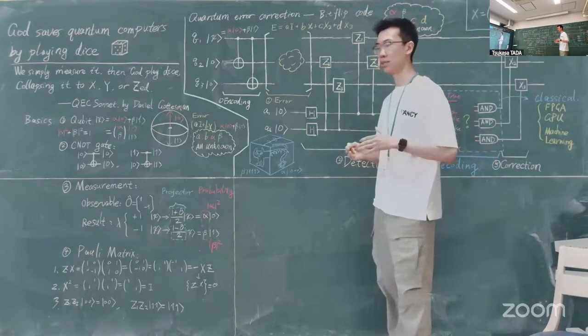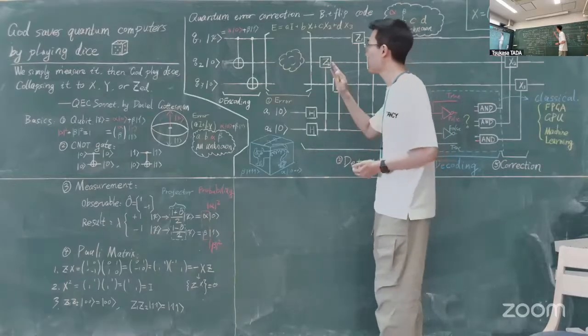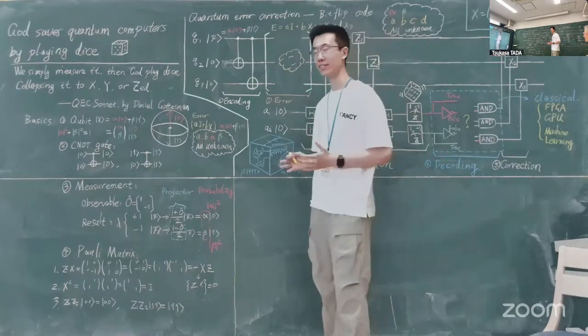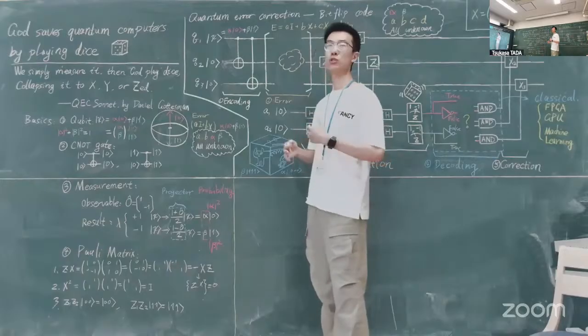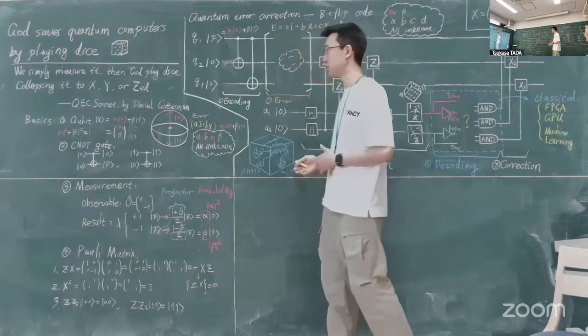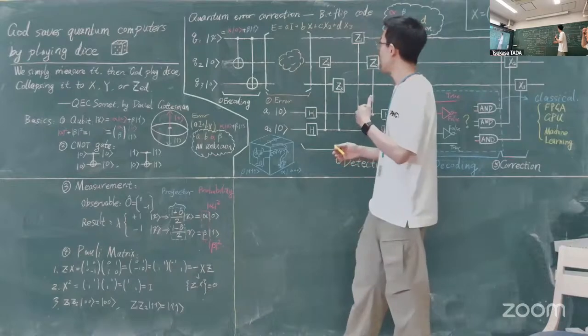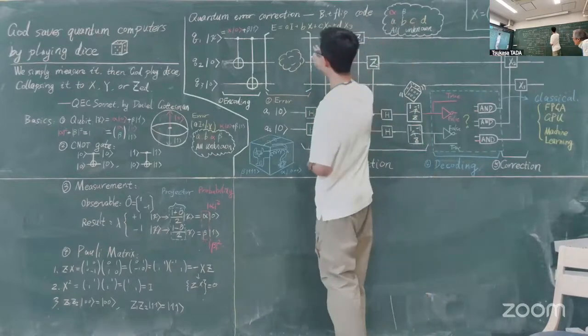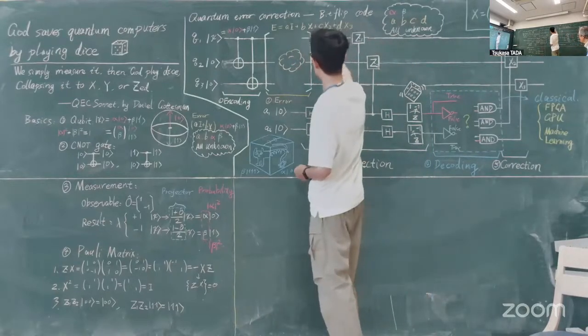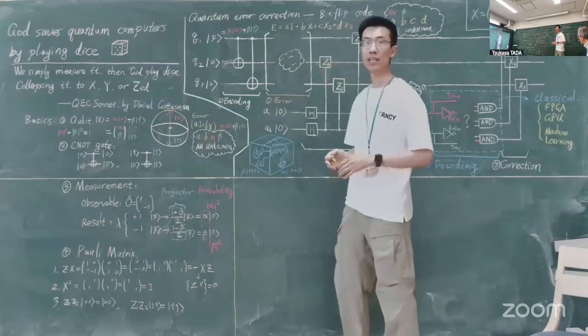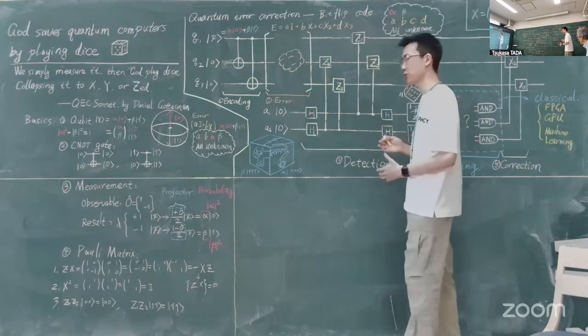My basic research topic is quantum algorithms. But recently the topic of quantum error correction is very hot in quantum computing, and it has also developed very fast in recent years. Today I will talk about this specific code, called the bit flip code, and show you how it works.